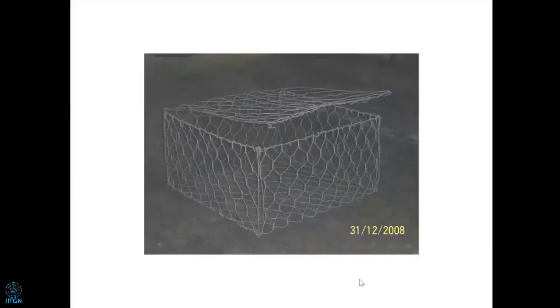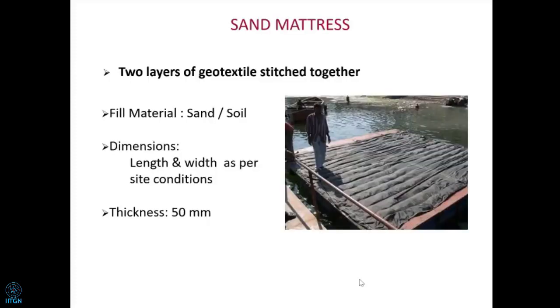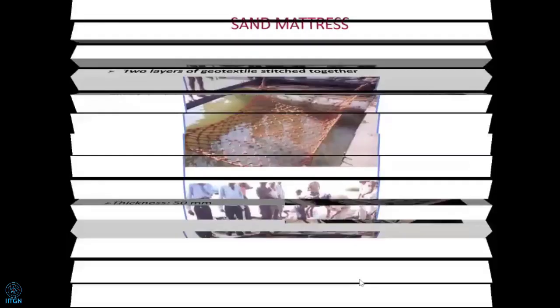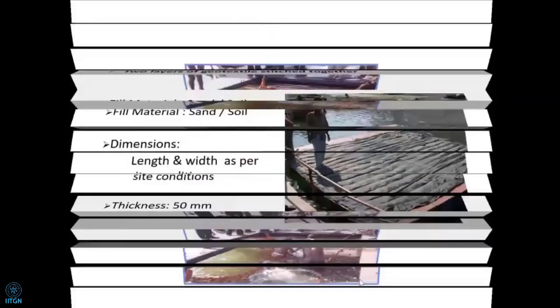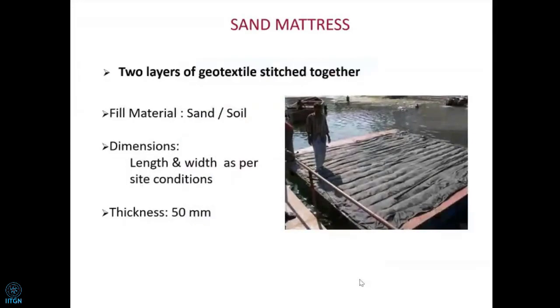Next, this is a gabion. This is a metallic gabion. It's a box, double twisted, galvanized, zinc or PVC coated gabion. This is used as a container. Then we also have another which is invented. Suppose I say you have to use it as a filter in an underwater condition.